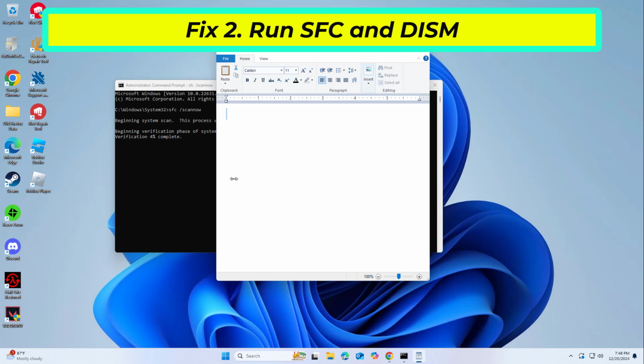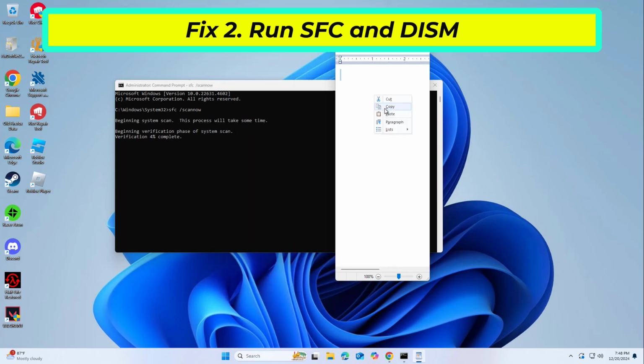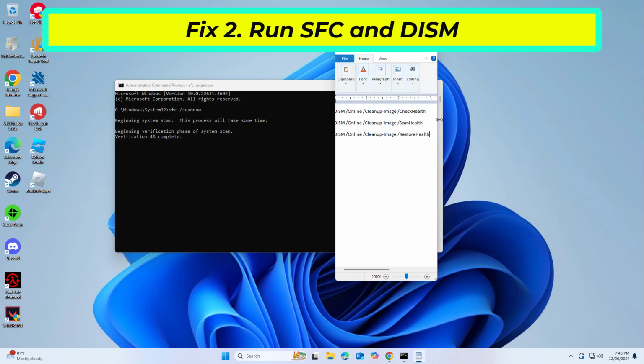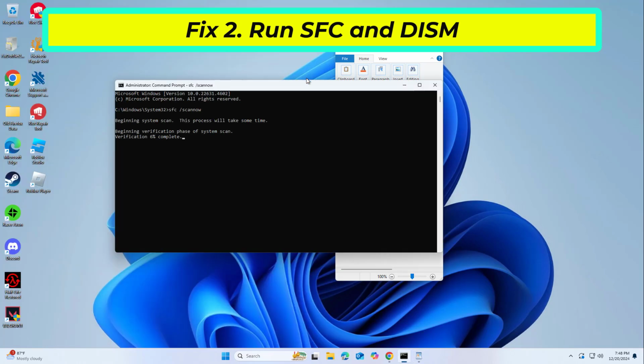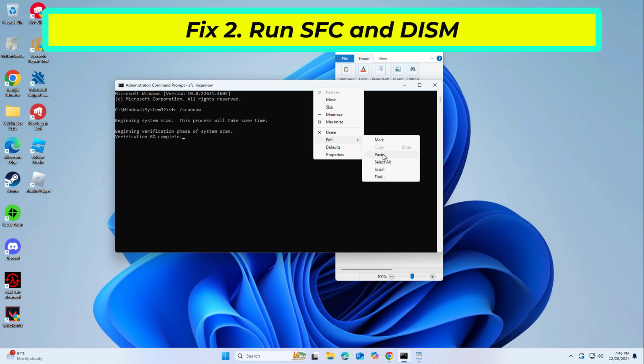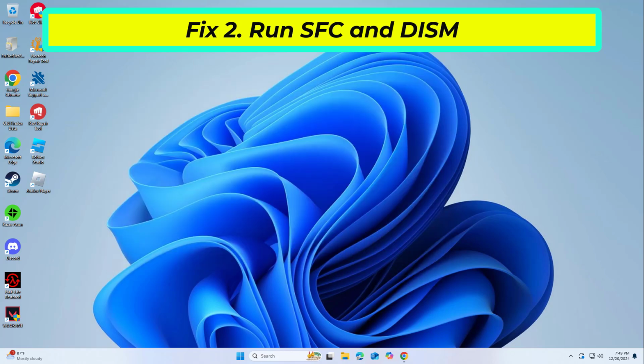Once the scan is complete, you should also run the following commands to repair Windows image files. Don't forget to press Enter after each. If that didn't work,